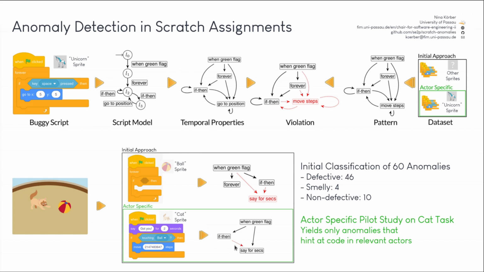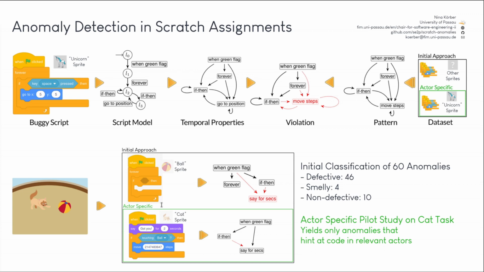The red dotted transition indicates that the say for seconds block usually comes after the if-then block. This violation is useful for the student who can fix the code, and the teacher can talk about script flow in class. The second anomaly, shown on top of the wrong order anomaly, shows an example of smelly code which was located in a sprite which was not supposed to be programmed and therefore has no influence on the correctness